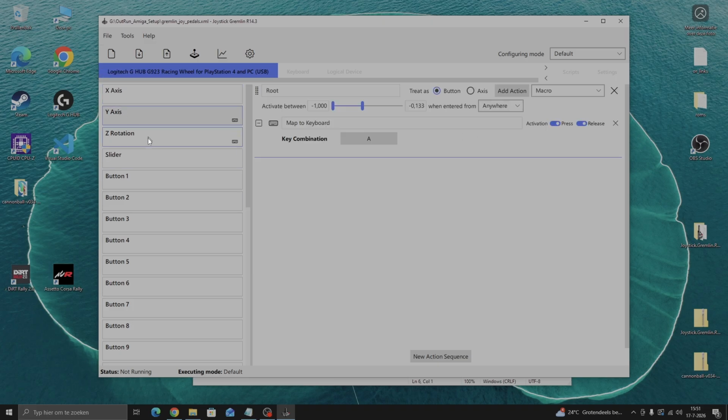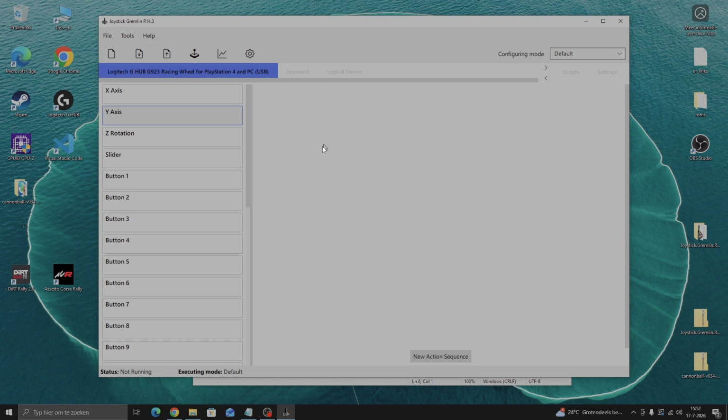And I already set my parameters, but I'm going to make a new one to show you. So if you would, press your brake. Boom. You see your Z rotation is on. And if you press your accelerator, the Y is on. This is how you know it works. This is how you know Gremlin recognizes your pedals and wheel, etc. And now